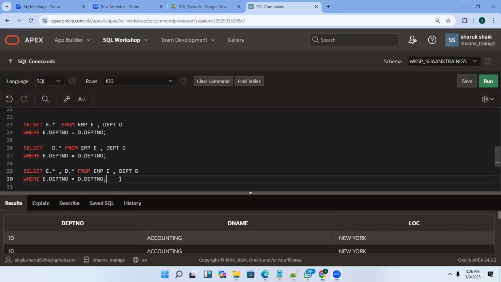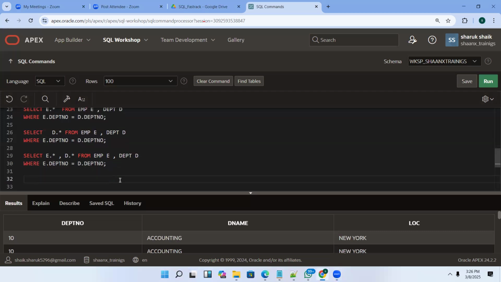See, what is the importance of this? Guys, you can use select E dot star. For example, let me tell you one thing. Select E dot star, comma, and then you can mention whatever you want from the department table. For example, you don't want all the columns, you want only specific columns. For example, you want the department name, only D dot D name, comma,